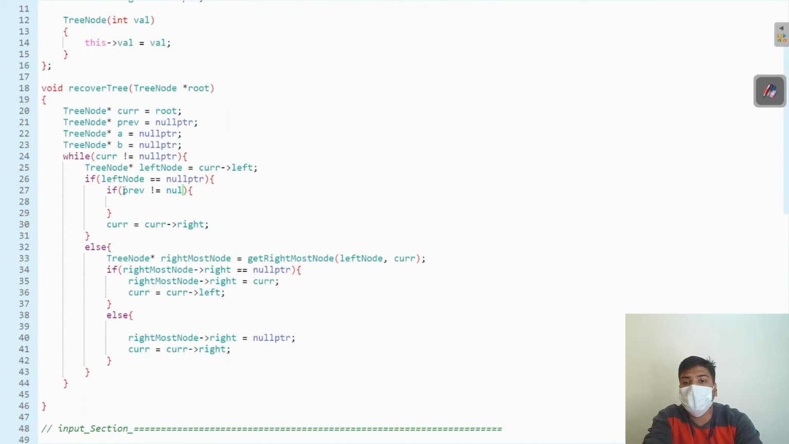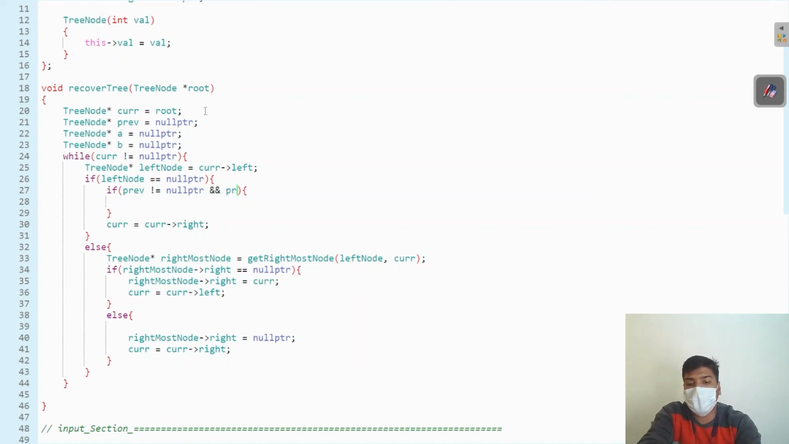That means if we are not visiting this the first time. If we are visiting this first time, that means we are visiting the first element of our in order, then from which element are we going to compare it? We cannot compare it with our previous because previous was null at that time. Only one element is itself a sorted element, right? So we cannot check if it is sorted or not. So simply when previous is not equal to null pointer, at that point we'll check